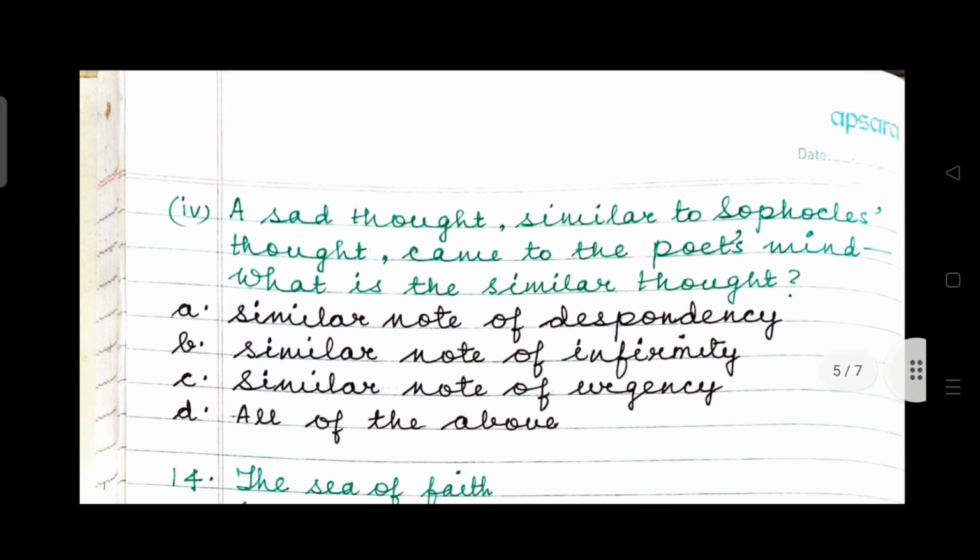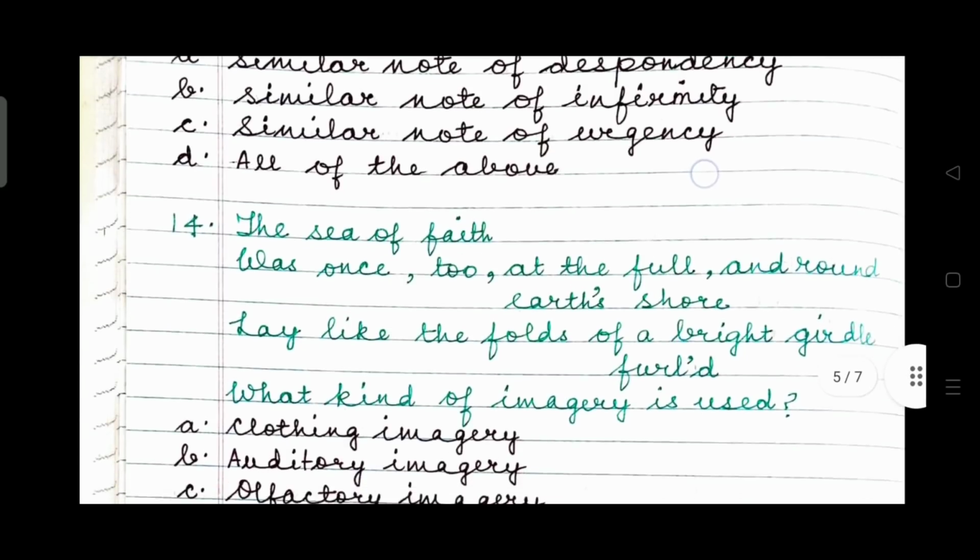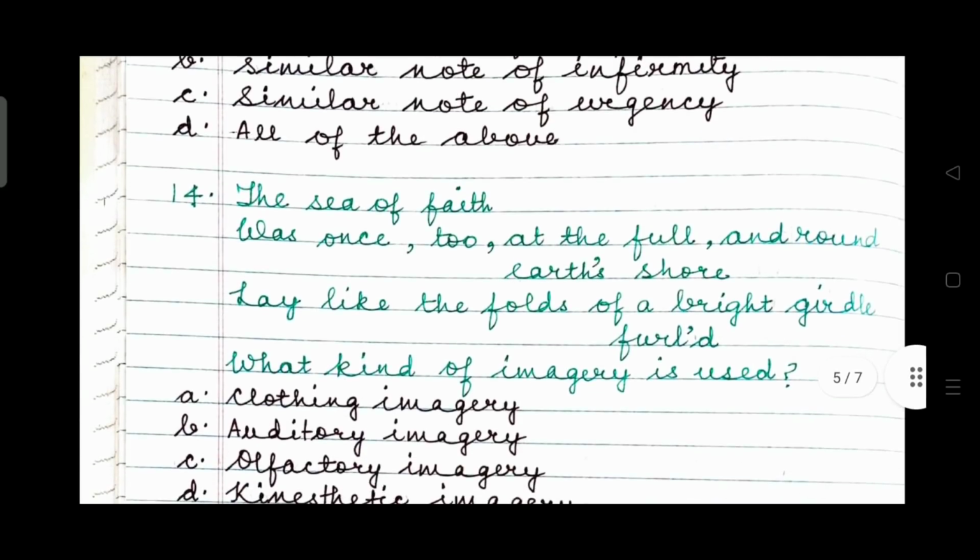A sad thought similar to Sophocles' thought came to the poet's mind. What is a similar thought? Similar note of despondency, similar note of infirmity, similar note of urgency, all of the above. The right answer is, as discussed, option A, similar note of despondency. Pessimism, melancholy. Question 14. The sea of faith was once too at the full, and round earth's shore lay like